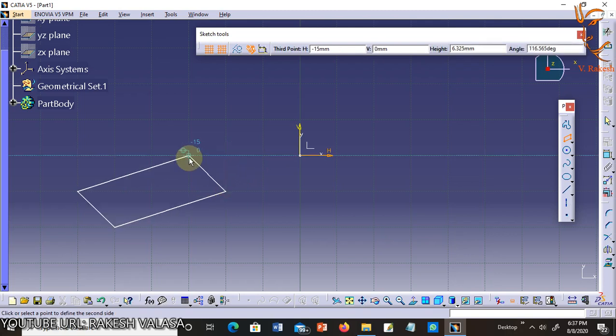On moving the cursor away from the first corner, you will notice a line attached to the cursor. The line shows the first side of the parallelogram. Click in the geometry area to specify its end point. You are then prompted to specify its second side. Move the cursor away from the second corner. The preview of the parallelogram is displayed. Click to specify its second side.